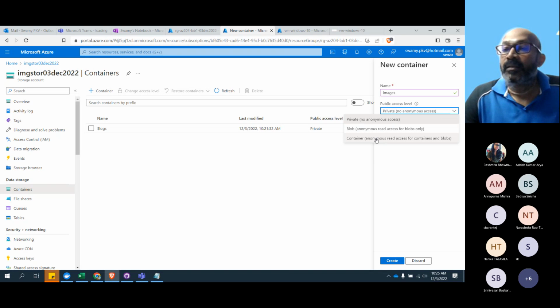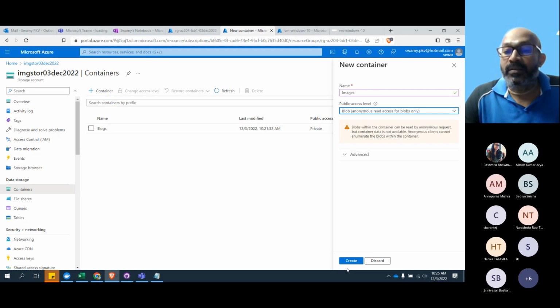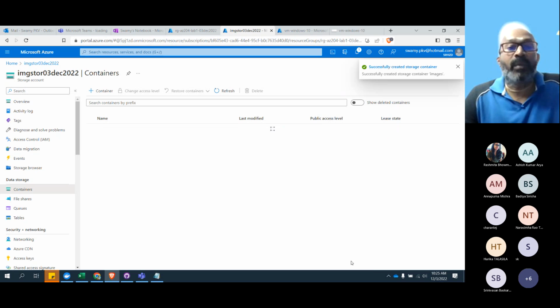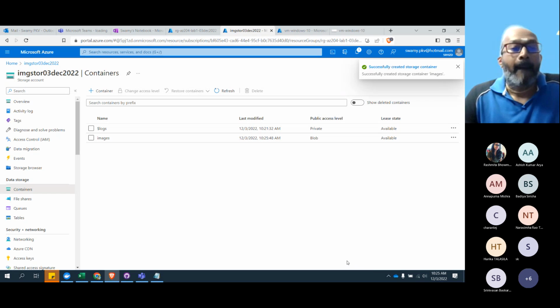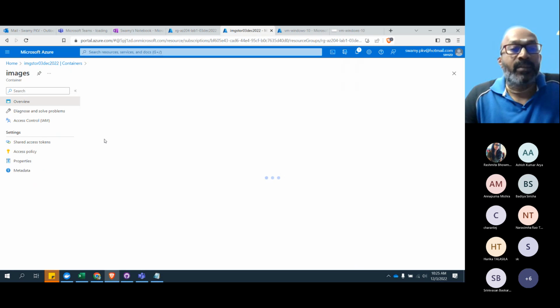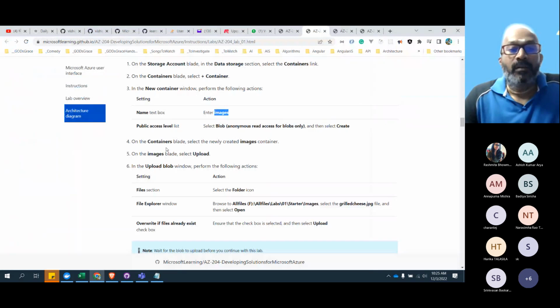This is like the keys of the kingdom. Please ensure that it is blob anonymous read-only access, so that the blobs will be able to be accessed.